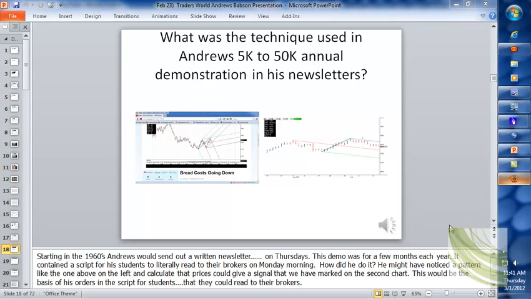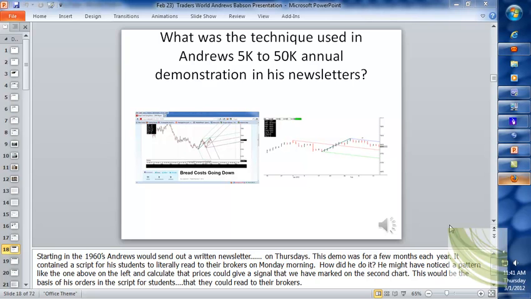Okay. What he would do is he would typically use either one, the reversal approach, or the pullback approach. So he's either looking to help find the reversal, or he's looking to get in on a pullback. The only time he uses a breakout is when something went haywire along the way, when prices didn't quite match his reversal or